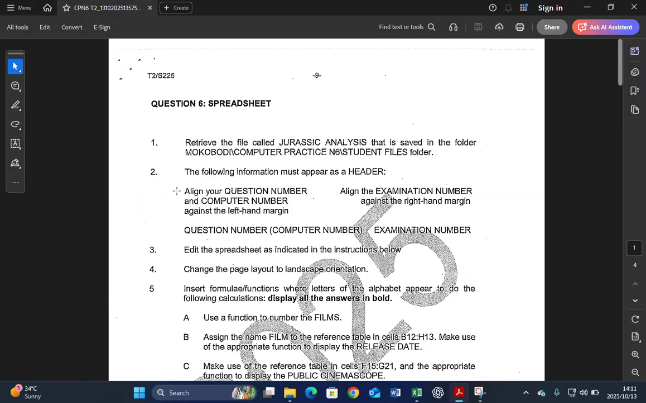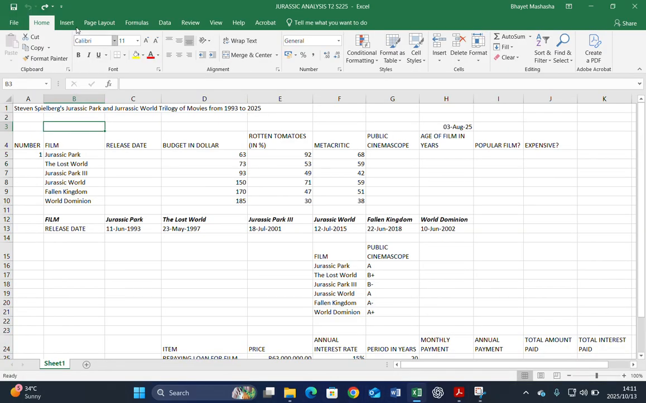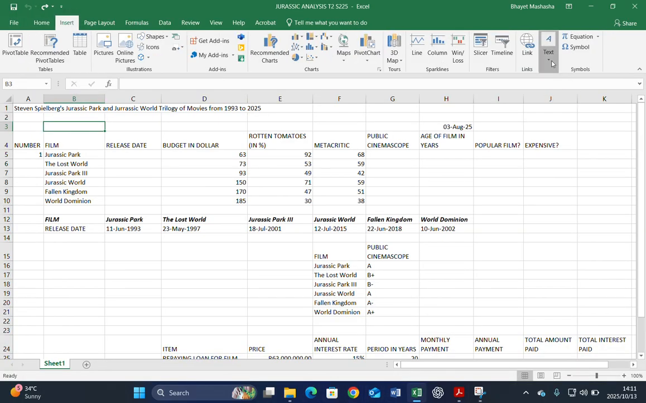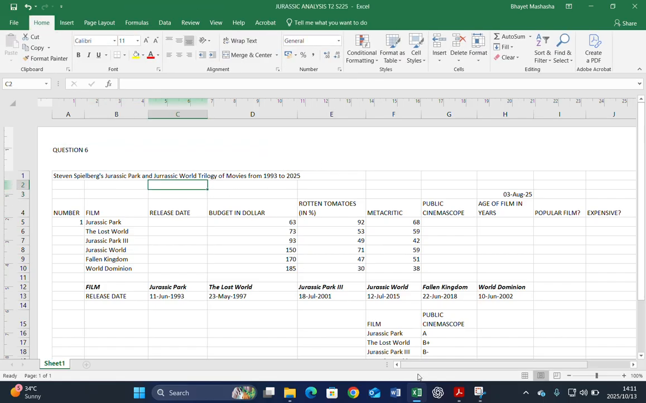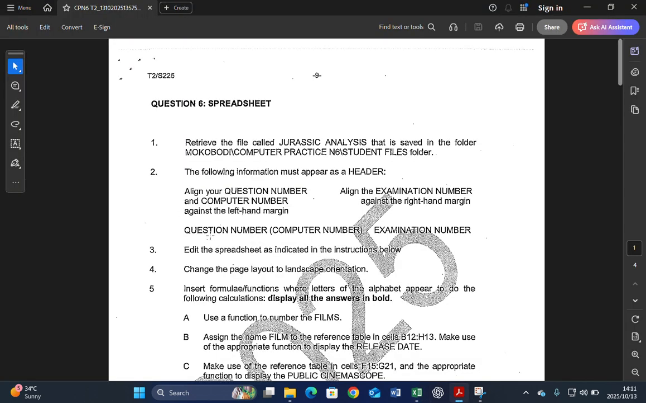I'll just retrieve it. Insert the following information must appear as a header. Okay, insert text header. This is question 6, and you have your ID. Okay, correct. Then we go to instruction number